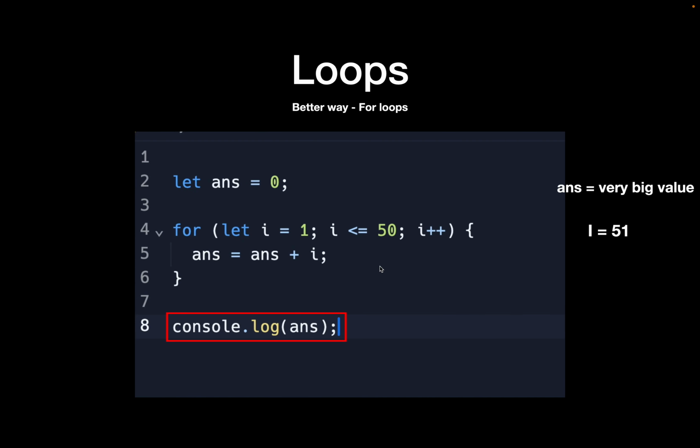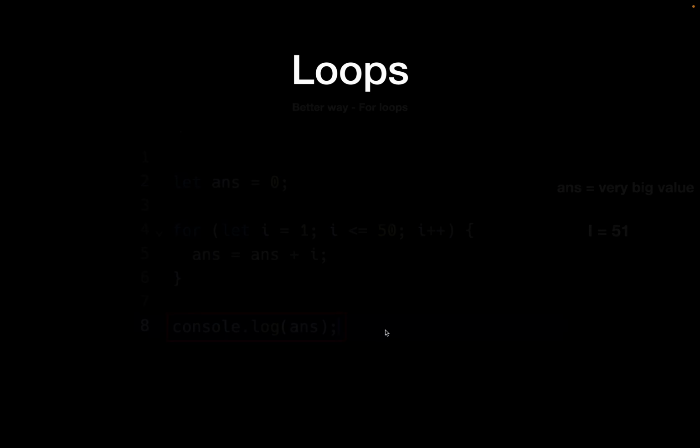Anytime you have any repeated logic that needs to run again and again with a slightly changed value in every iteration, you use a loop. The for loop is the most popular one. That is the one we are using right now. There are some other ones called the while loop and the do while loop. We will get to them if we need them. This is the most popular one. 99% of the time, this is what you need. Cool. We're done with loops. Let's get into